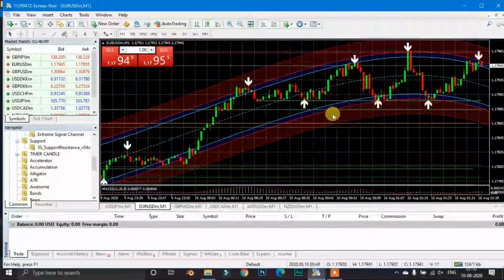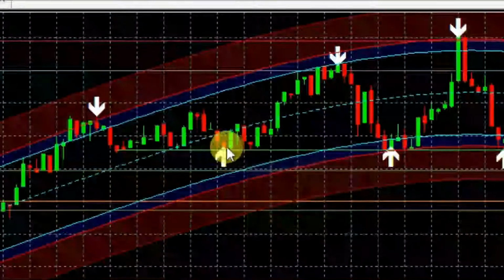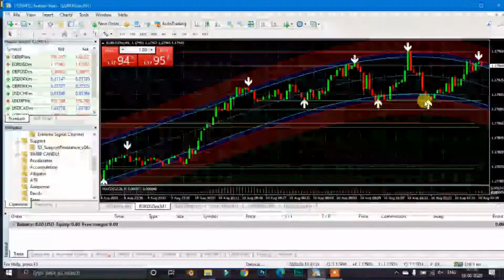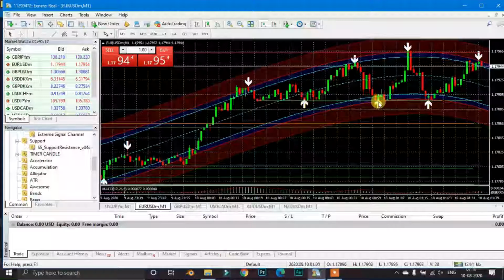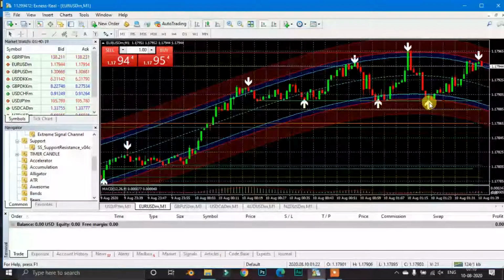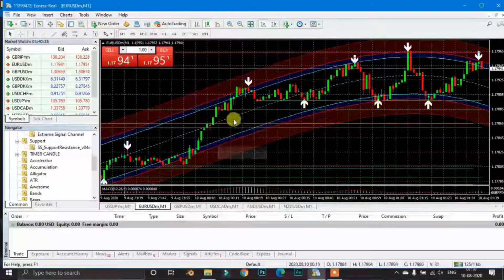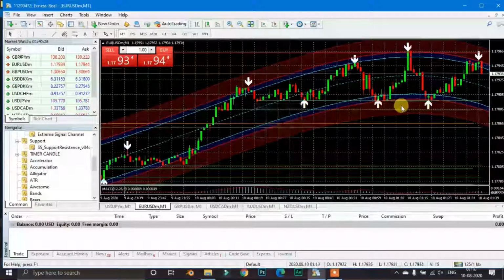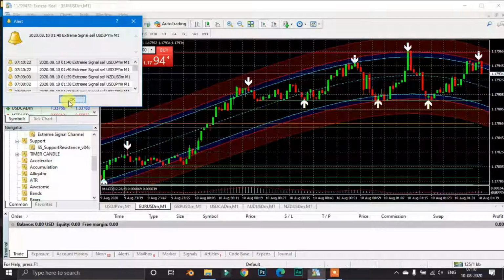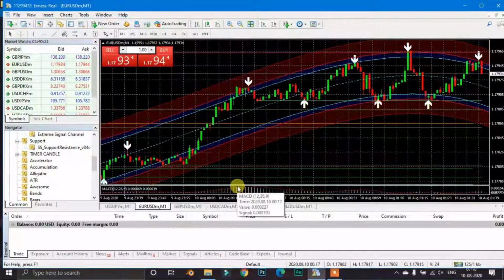Here you can see one more support line, the green support line. Here you can see there are three green support lines. In these cases, it is hard to break this support line. So you have to wait for the support line signal. Otherwise you shouldn't take this signal without any resistance.